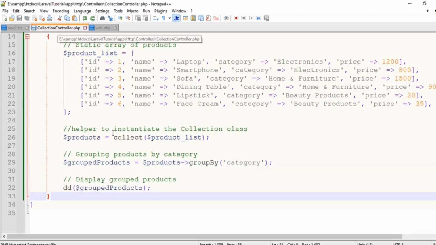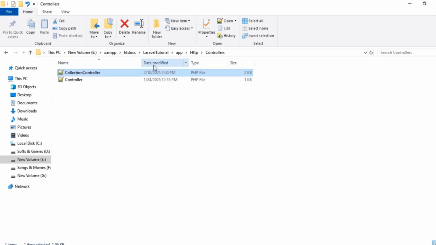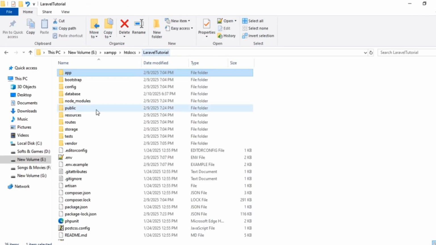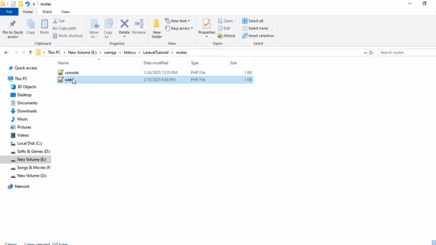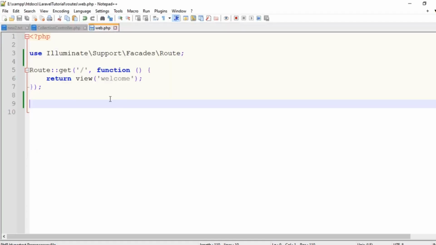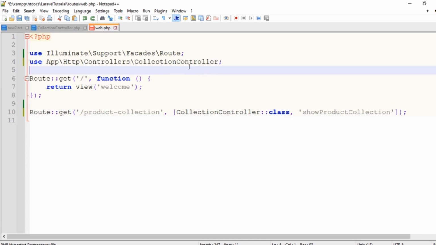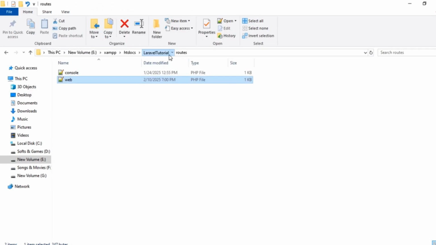you will then display. After saving the collection controller file, navigate to the project root and open the web.php file in the routes directory. Define a route with the get method for the URL product collection that links to the showProductCollection function in the collection controller and includes the collection controller at the top of the code, and save the web.php